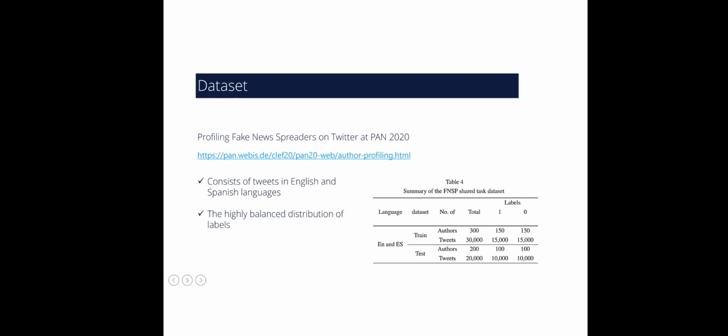It includes 300 authors for training, and for each author 100 tweets are there. Based on the tweets, we are going to find out whether a user is a fake news spreader. The same holds for the test set, but the number of authors is 200, and both data sets have a very similar and balanced distribution.